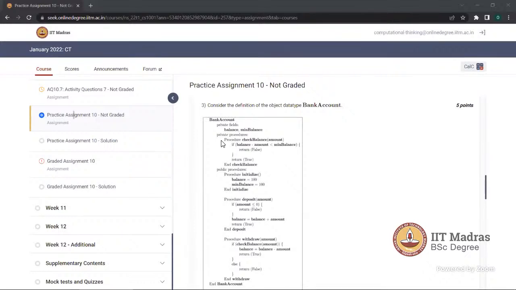Now you tell me, when will this false get returned? When this if condition is true, you return false. And when this if condition is false, you will come to this bracket. And what is the next thing? You will return true. There is nothing wrong in it. Even if you write else there, that is also correct. It is just a way of programming, where you avoided a number of lines, right?